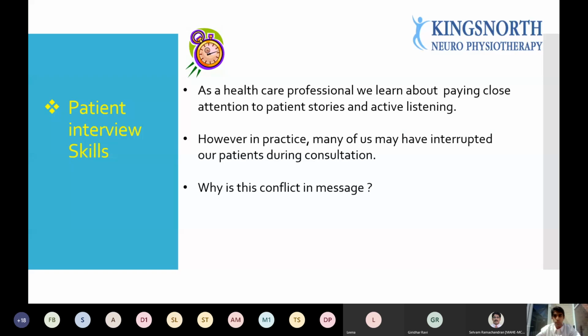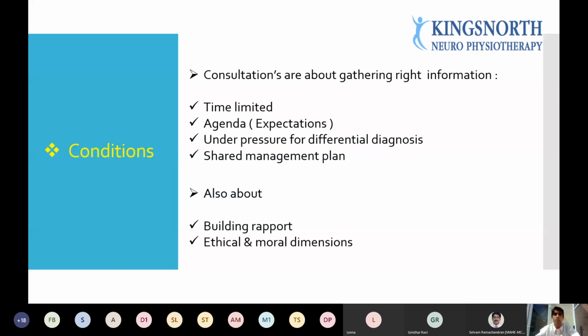So to overcome that challenge, I thought I have to break it down to what exactly is causing those challenges. So in a consultation, every time, always, most of us are time limited, and we have an agenda. The patient has an agenda. We are under pressure to get some differential diagnosis, or sometimes it is also another